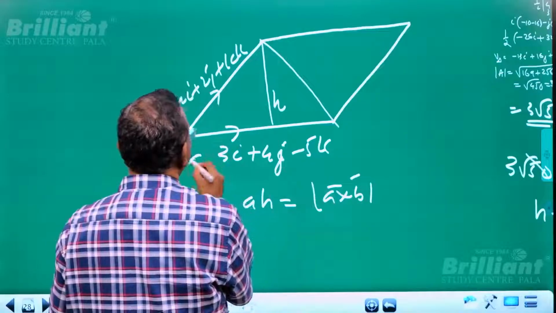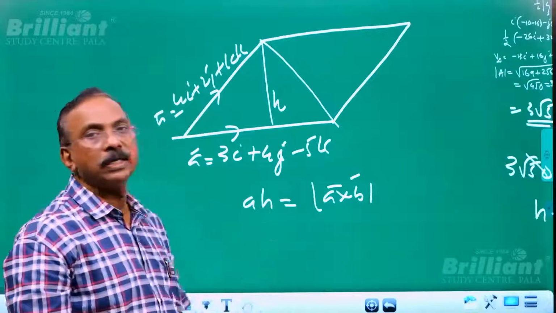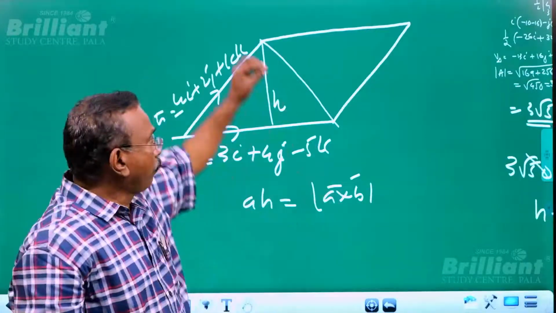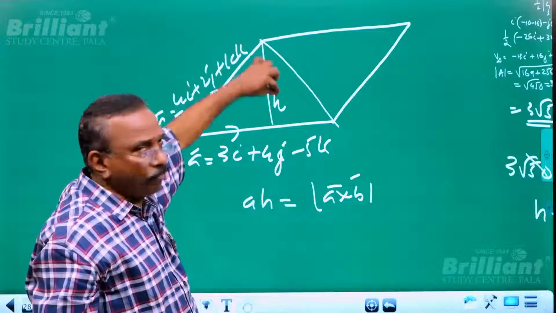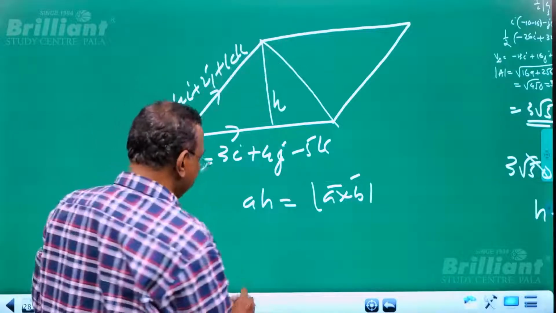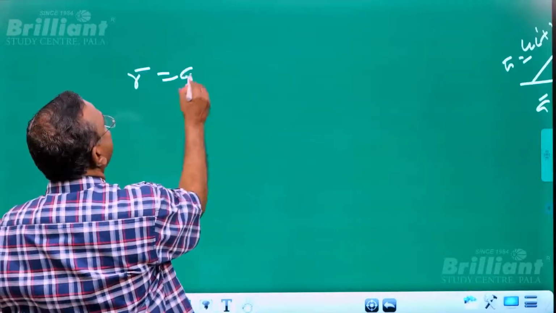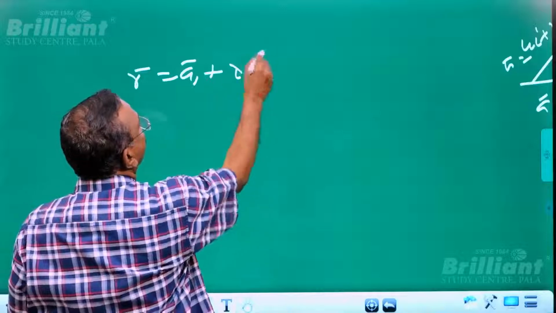This also, I put this as a bar and this as b bar. Then we can easily find the equation for whatever is inside that. So from a point to this line, we can easily find the perpendicular distance. I generalize the situation: if our r bar is equal to some a1 bar plus lambda b1 bar, and